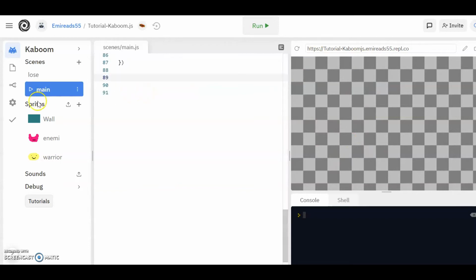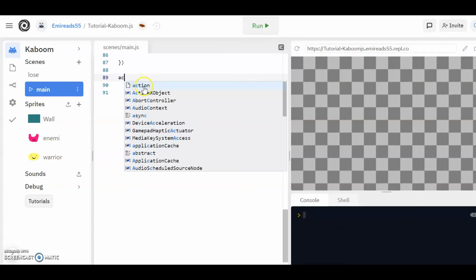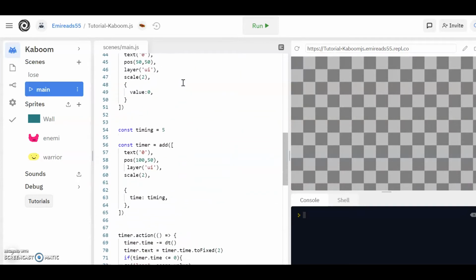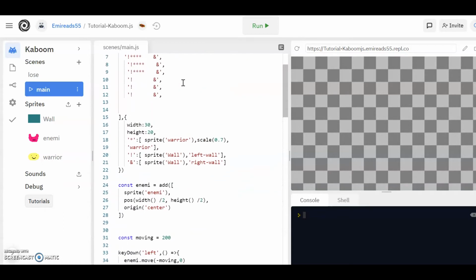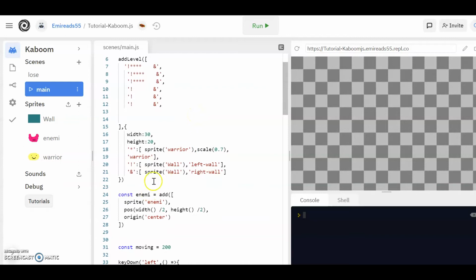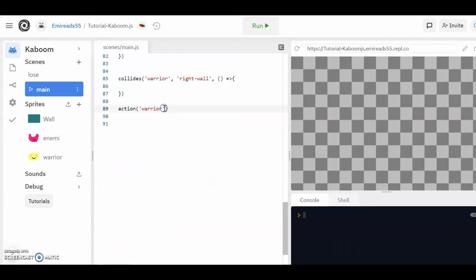Alright, so now I'm back into my main, and after making our enemy move, we're going to make our warrior move. So we're going to use action, which is another Kaboom method, and we're going to pass in warriors here. And I just want to make sure that we do have warriors here. Alright, I want my warriors to move. I'm going to pass on a function,